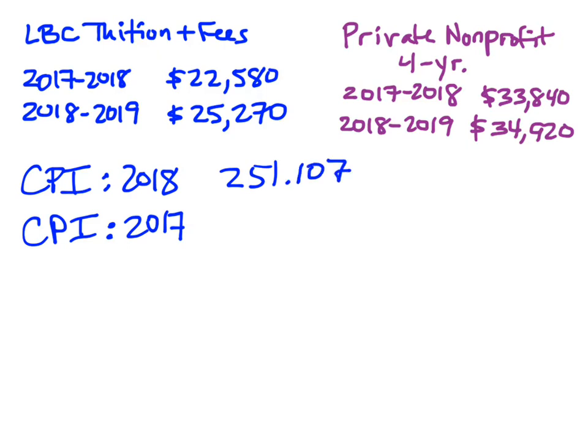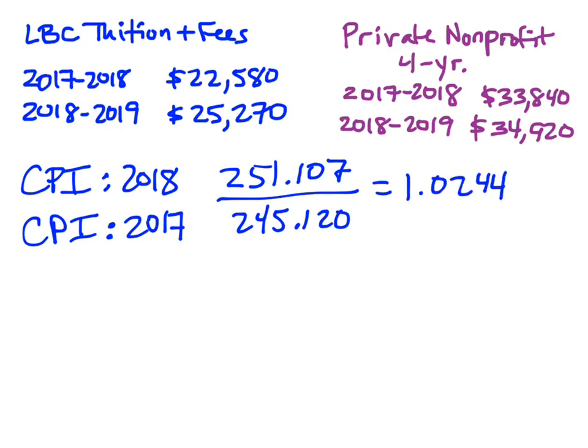And in 2017 it was 245.120. Okay, so if you divide those, that will tell you how these two compare, right? And you're going to get 1.0244, and then that keeps going. All right, so what that tells us is that